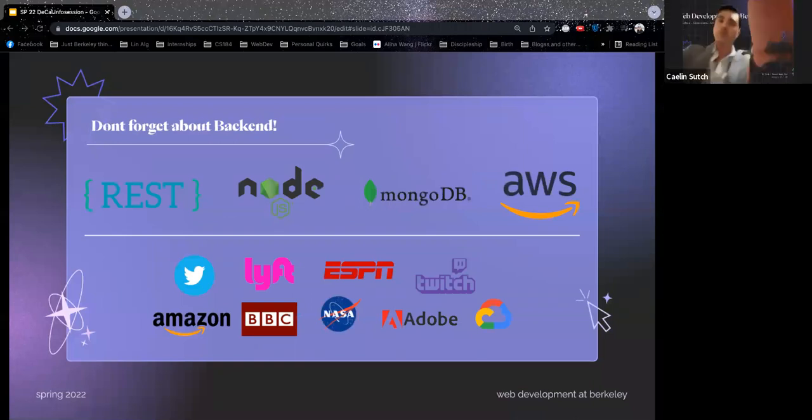And also, we have the backend track. And just like Kaylin clarified in the chat, everyone will be taking both tracks. This is what makes the DeCal a full stack curriculum. And inside the backend track, we'll be teaching the REST standard, how REST API works, and then we'll be